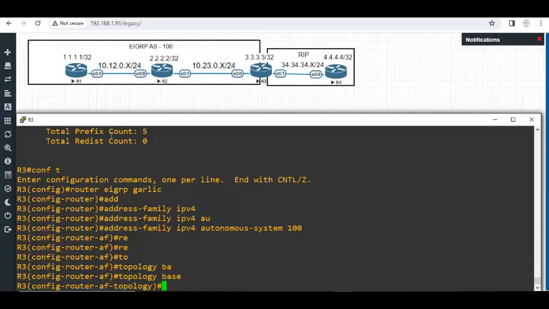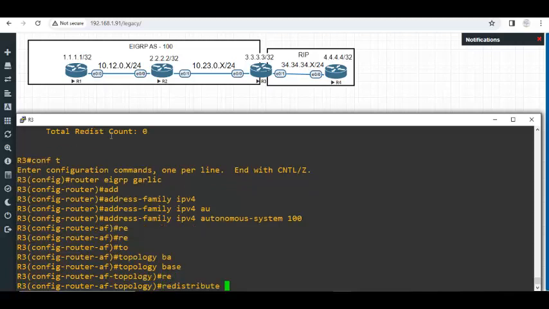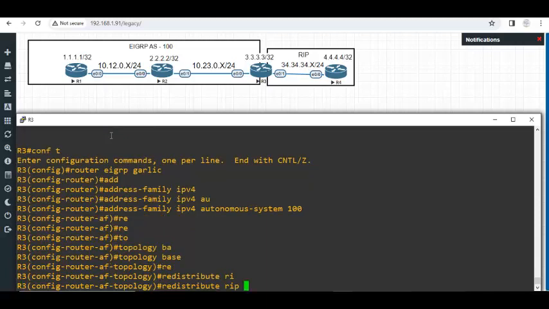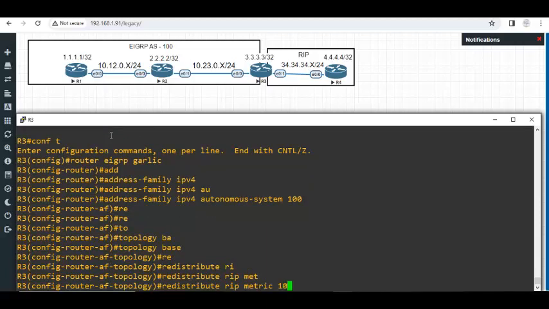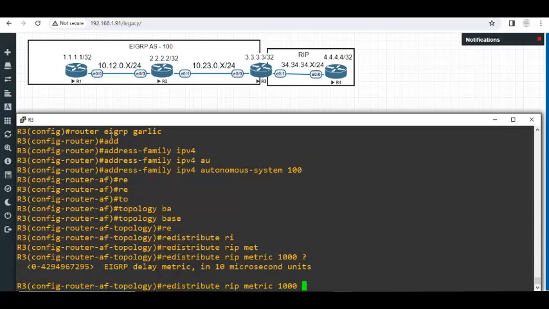Redistribute RIP, and then the K values. Bandwidth 1000, delay 10, reliability 100, load 10, MTU 1500. That's it. Okay, afterwards,